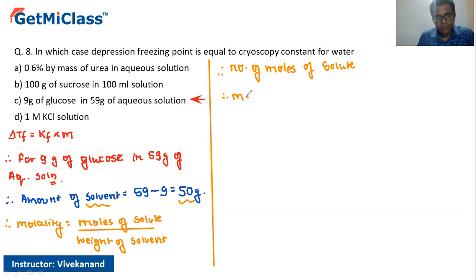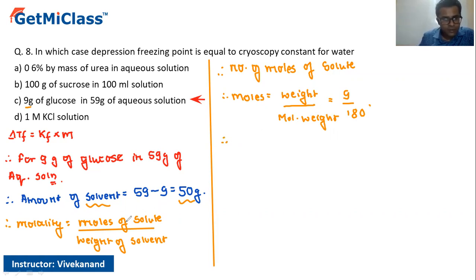Moles that we have is weight over molecular weight, correct? So how much weight did we use over here? 9 grams, divided by 180. Molecular weight of glucose is 180. So let's take this directly as the number of moles. It will be very easy to calculate. So molality is equal to the number of moles, 9 by 180,